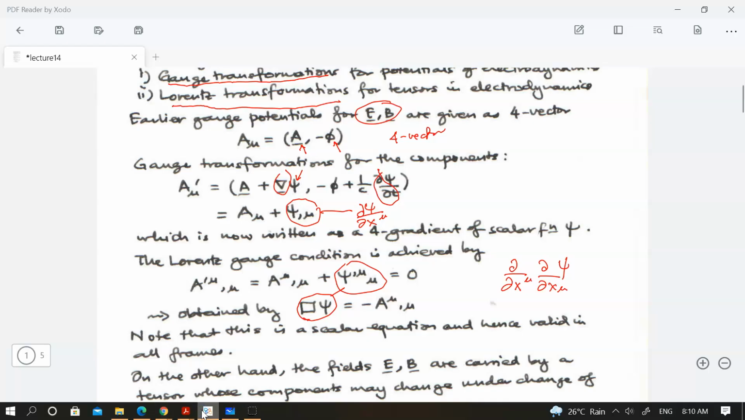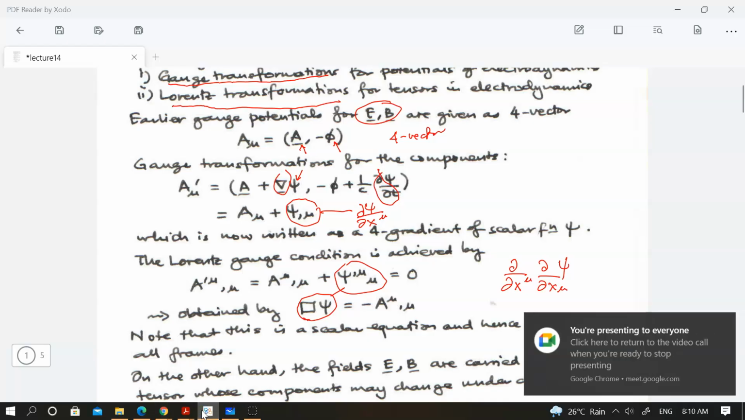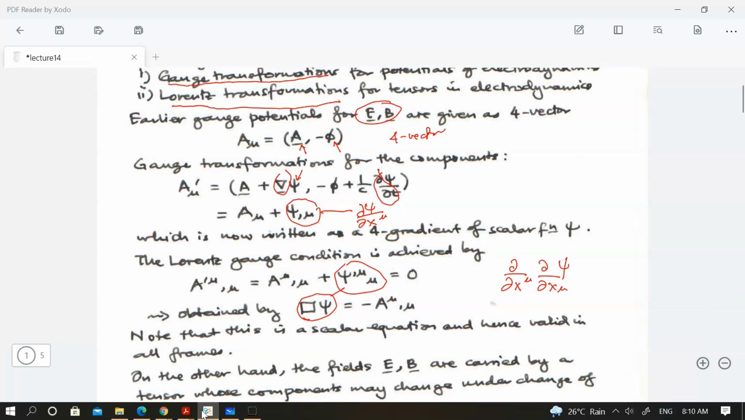So the Lorentz gauge condition, look at what it is. On the left hand side, for example, you see that this index is contracted with this index, and the right hand side is the same. So when it's contracted, this is a scalar equation. And one of the things that we know in special relativity is that